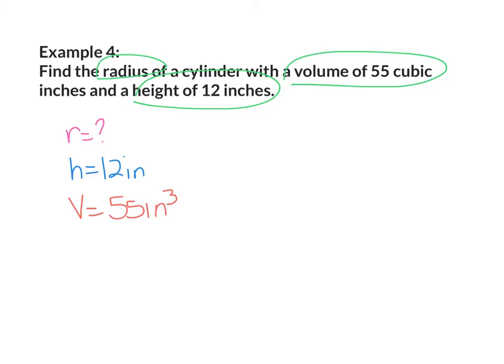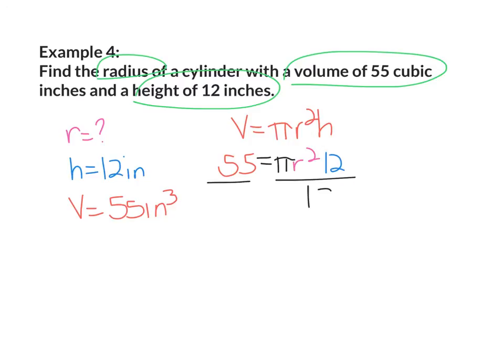Now I'm going to write down the formula, which is V equals pi r squared h. I'm going to fill in what I know. I know that V equals 55. I'm going to bring down pi and r squared. And I know that h equals 12. Now I'm going to divide both sides by 12 pi because I need to solve for r. So I need to isolate it. So I'm going to get rid of the 12s and the pi. I'm going to bring down r squared. 55 divided by 12 pi will give me